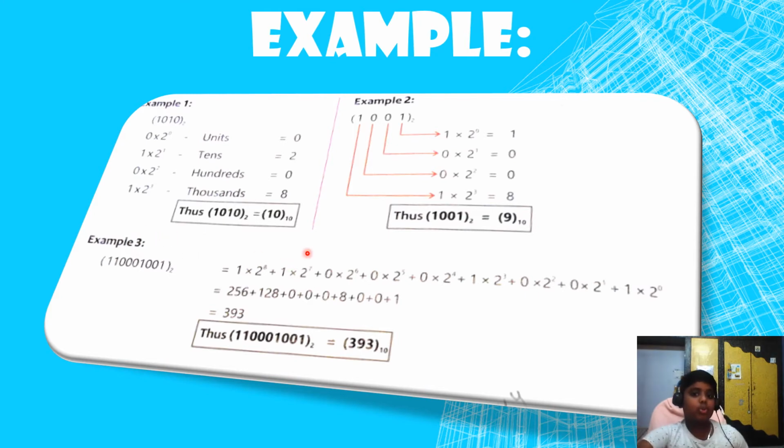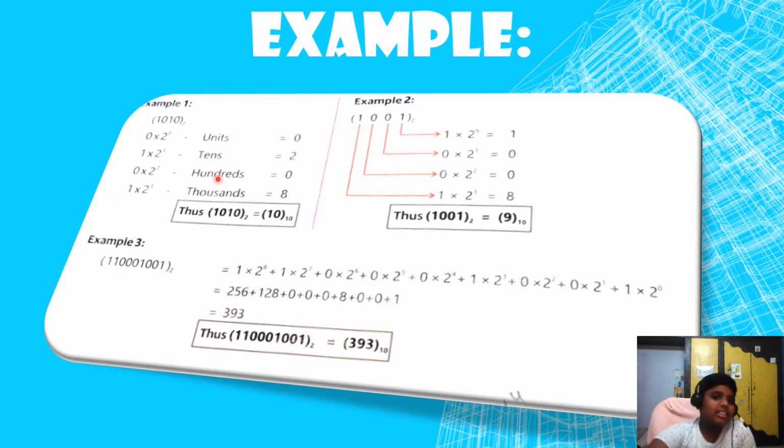So 1 into 2 into 2 into 2 is what you have to do. So how much is the power? You have to multiply with 2 those many times. Now for example, if it is 1 into 2 to the power of 16, you have to do 1 into 2 into 2 into 2 and so on, these many times.